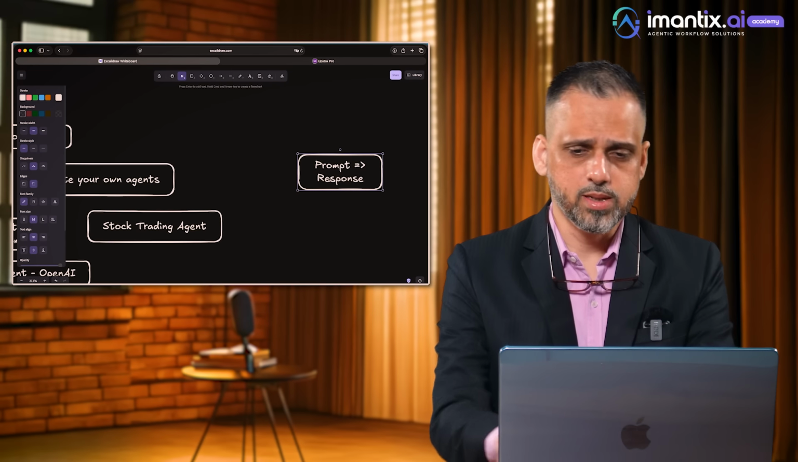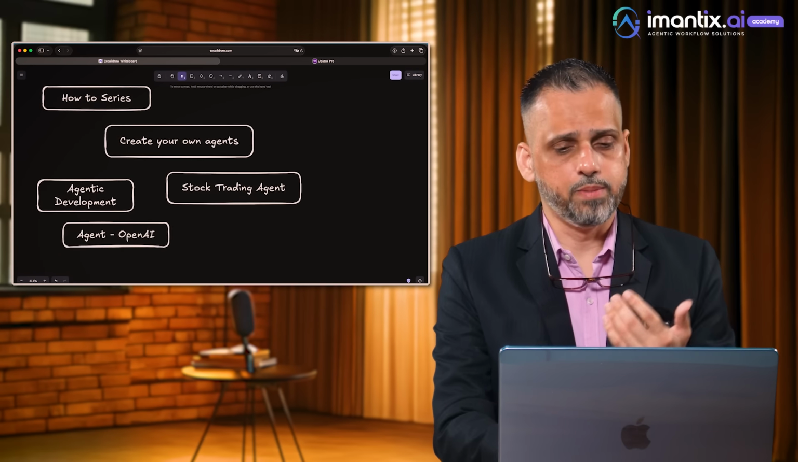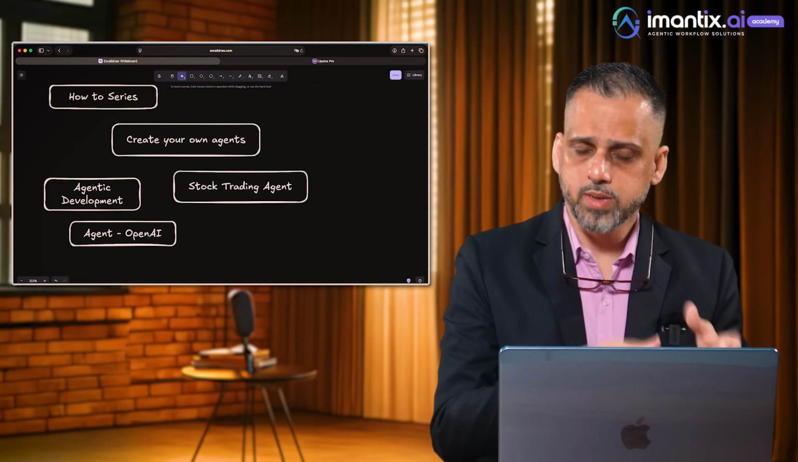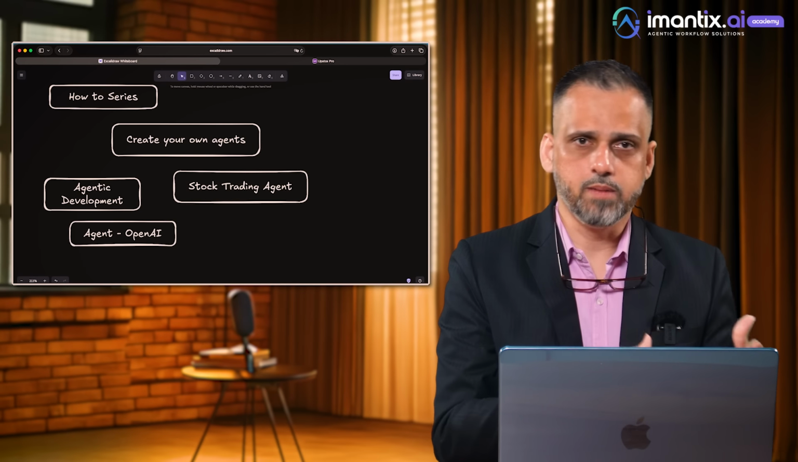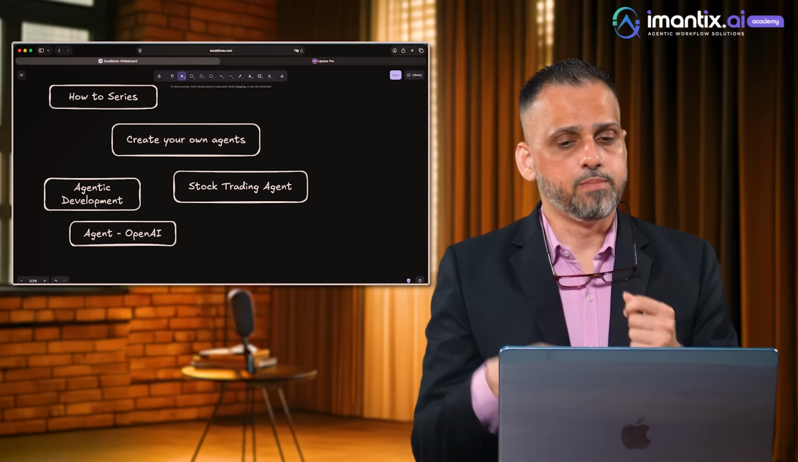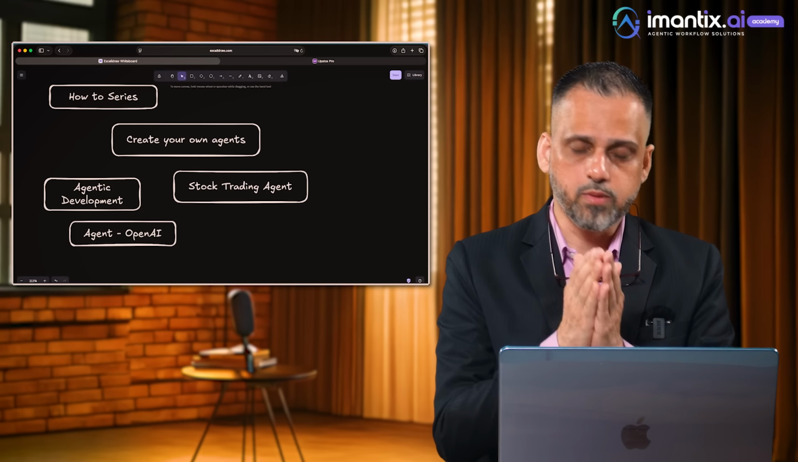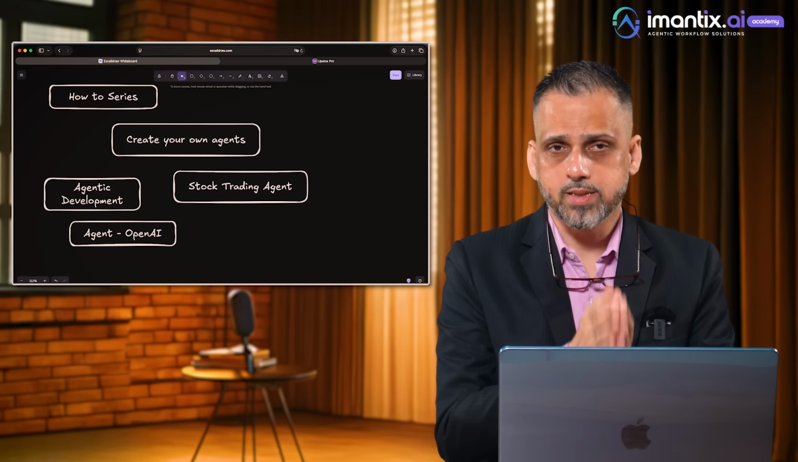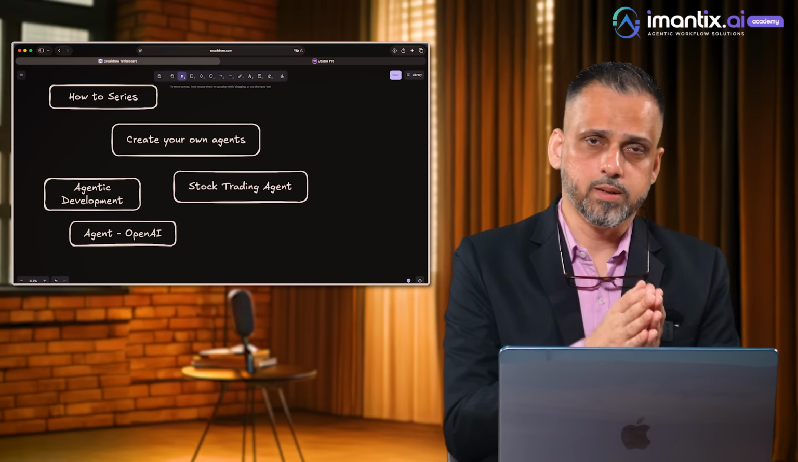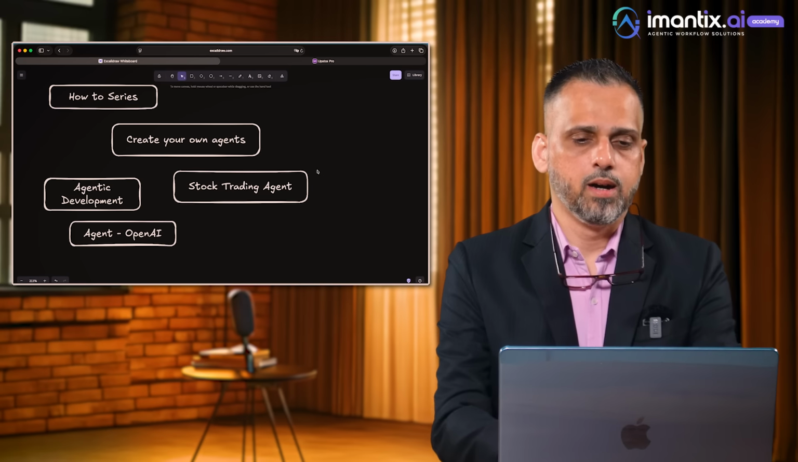And so the stock trading agent that we'll be building will be built using an agent that's called a software development agent, a coding agent. But the agent itself will be based on a set of rules, and those rules will decide how the trading will happen and all that. So